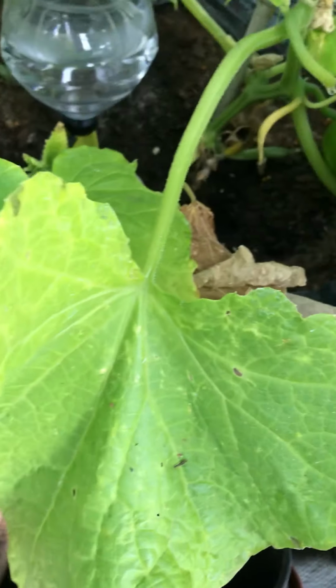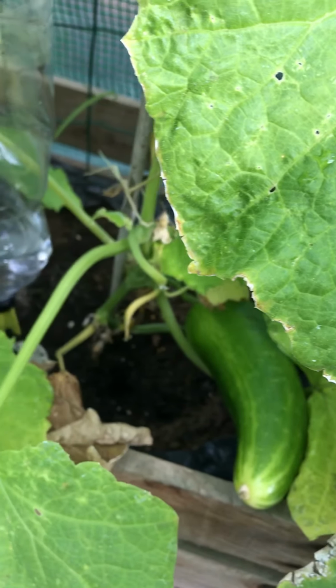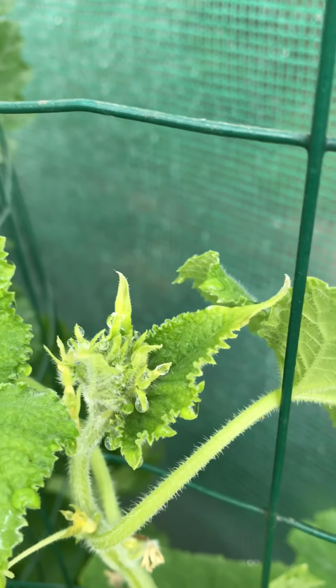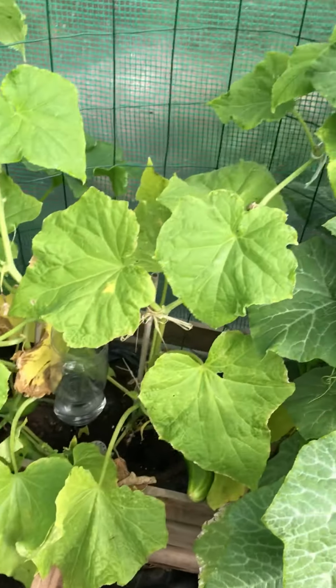Cucumber, so that guy is ready to come off, even though I've got a whole one in the fridge still. But do you see what I mean about the other fruits are shrivelling and dropping off? So I've got some new ones to come up there, so I'm hoping if I can leave the door open some more, even though we've got tons of rain due,